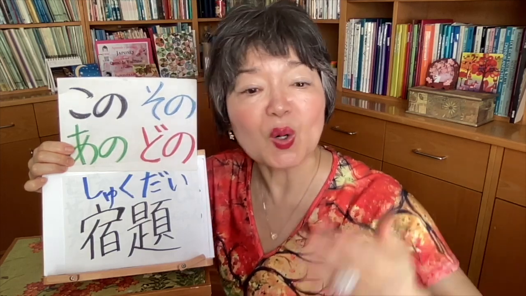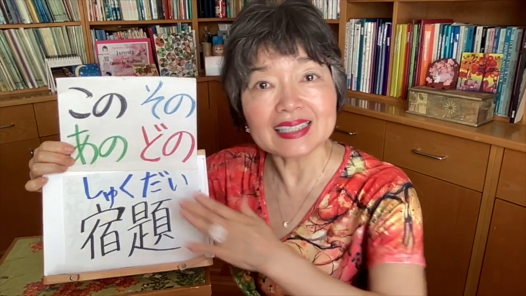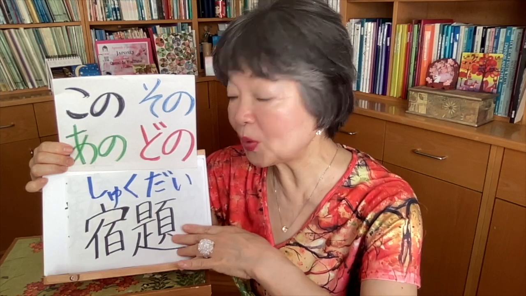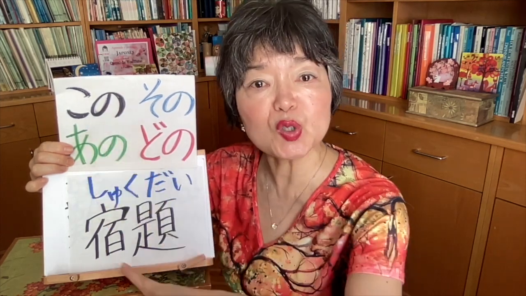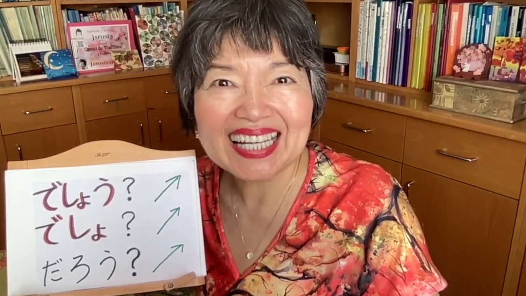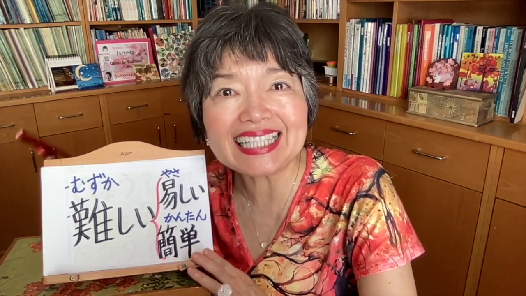But これ is これです。After これ, the noun can't be there. So, before the noun, we must finish with の。この宿題。This homework. この宿題は簡単でしょ？この宿題簡単だろう？